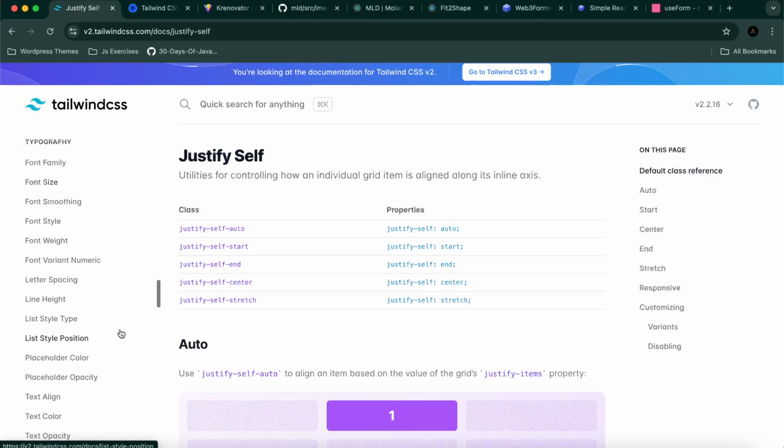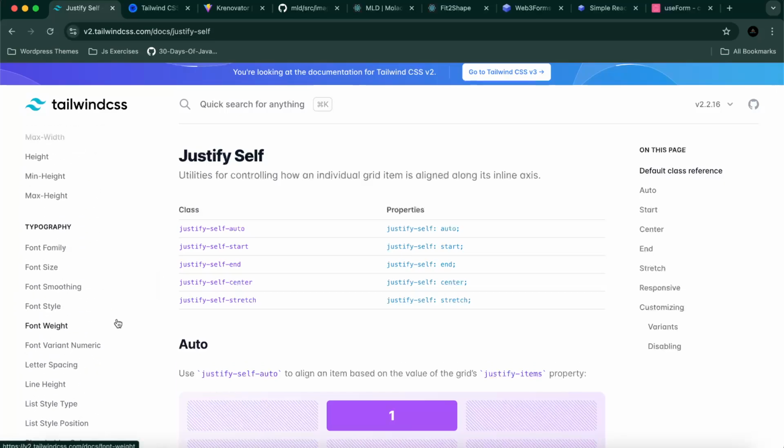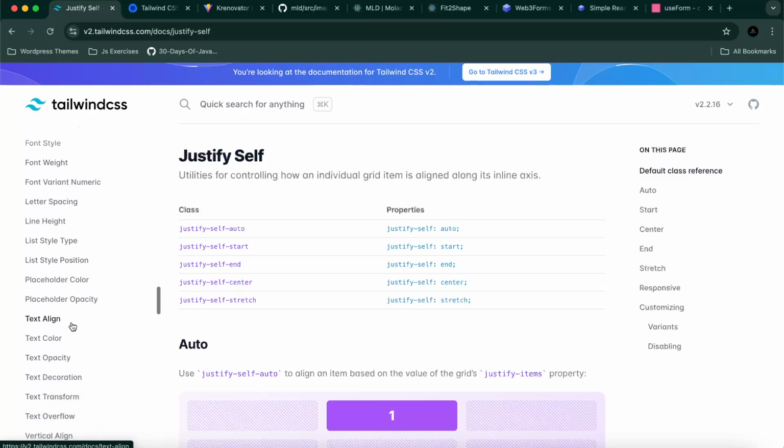I want to change the text color. This is font style. Okay, text color. So you can use,